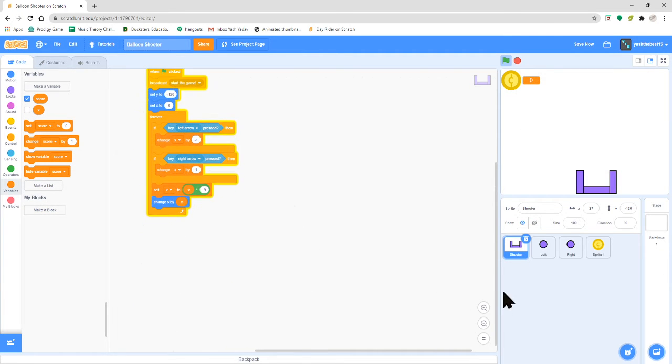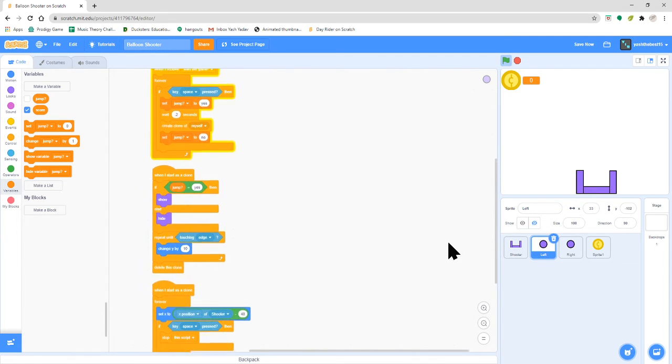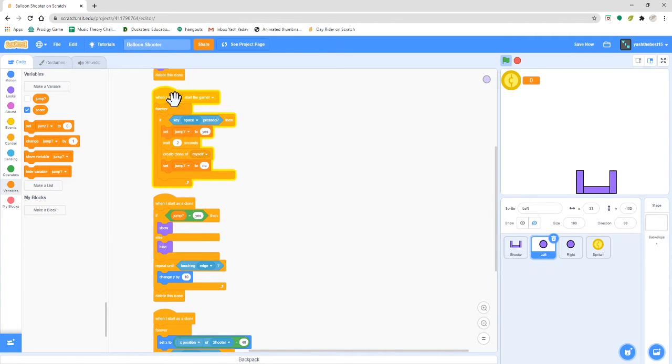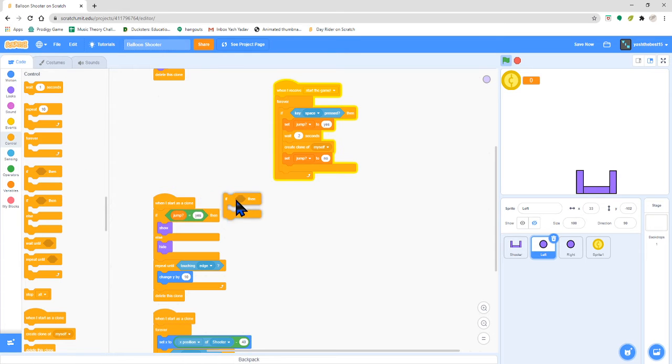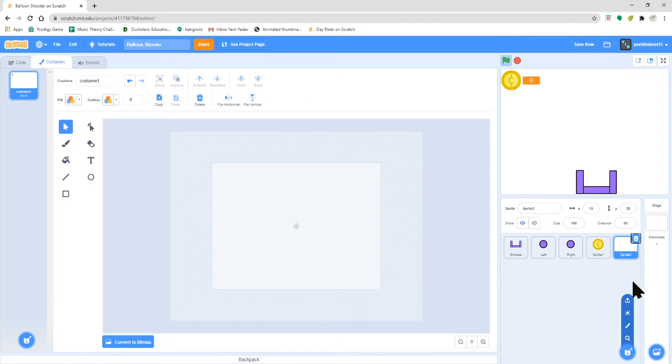Now, how will we get our thing to work? Now, what we can do is we can say in the run I receive start game, we can say if touching, and actually we need to create a balloon. So I'm going to use